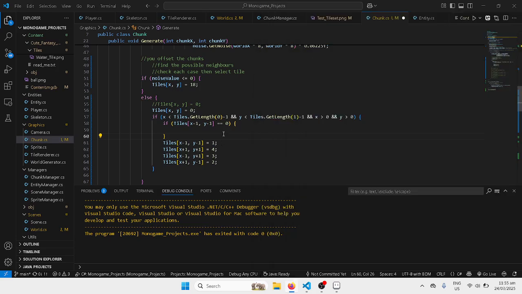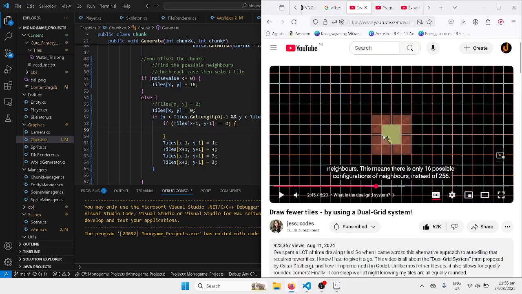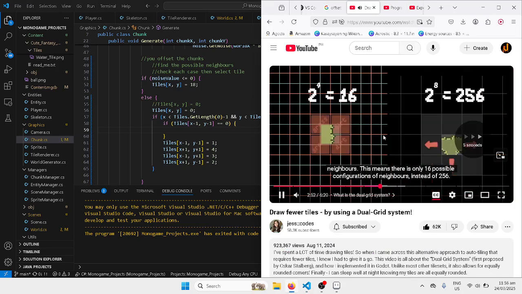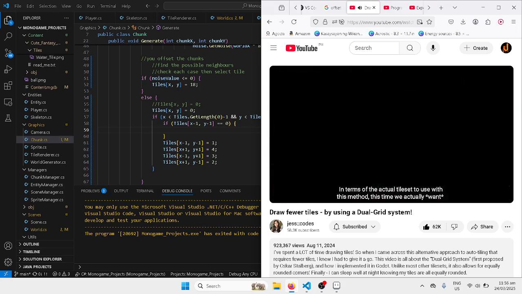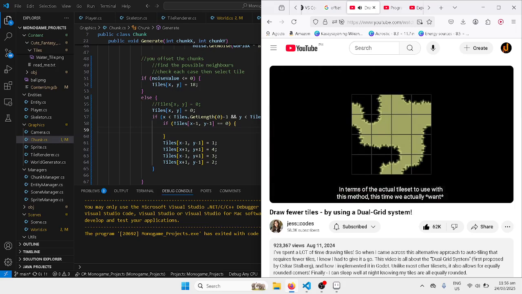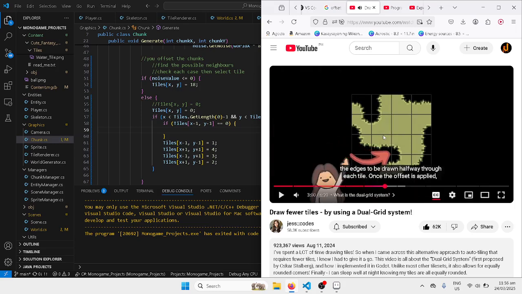Well, it depends if I have edge grasses, but currently I don't have edge grasses in the first place. But I think edge grasses are non-existent anyways, right? In terms of the actual tile set to use with this method, this time we actually want the edges to be drawn